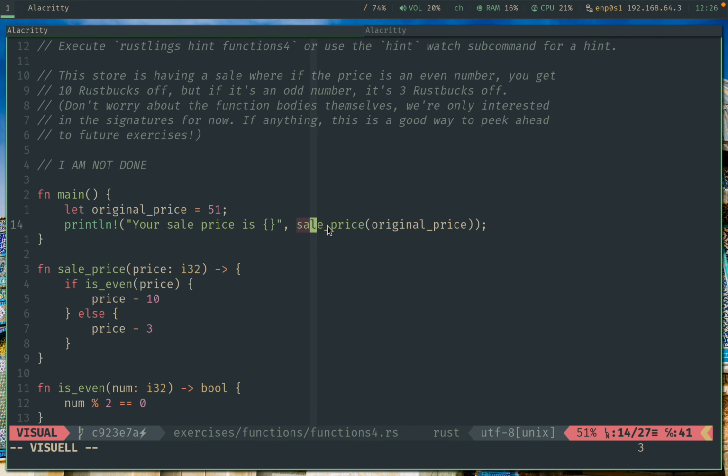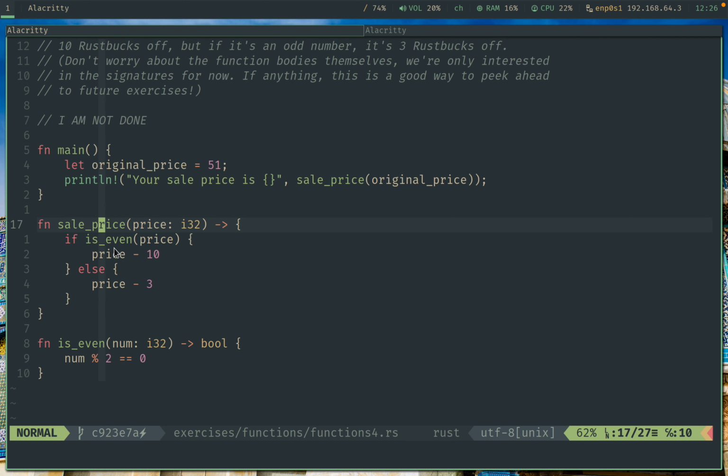Now here we have a function call, because sale price gets called here with an argument original price, which is 51. So we go over here, and in this case 51 will be passed, and it checks if it is